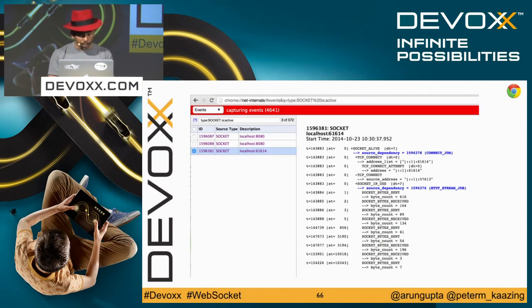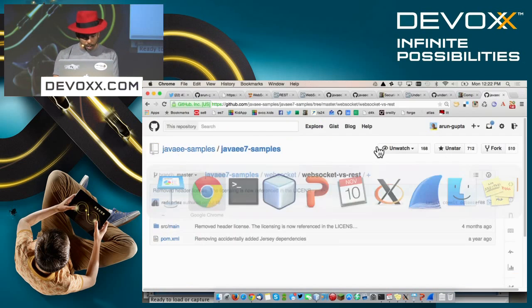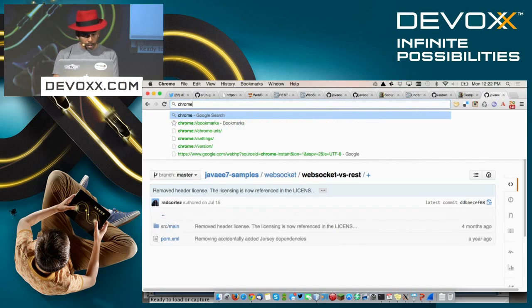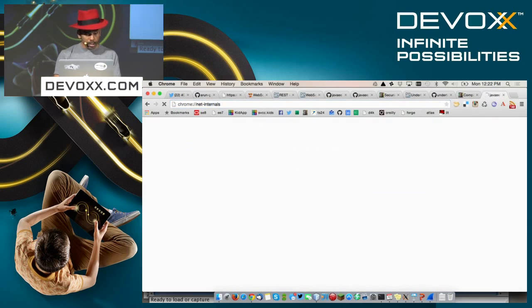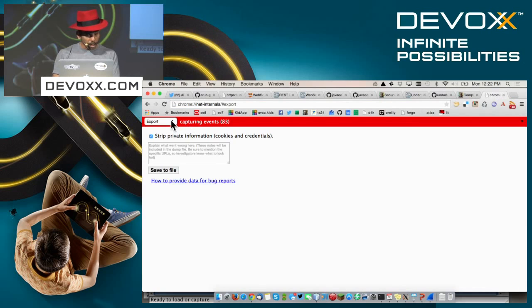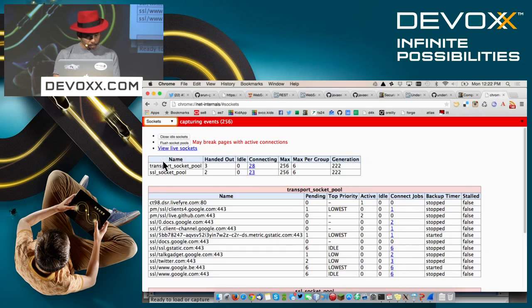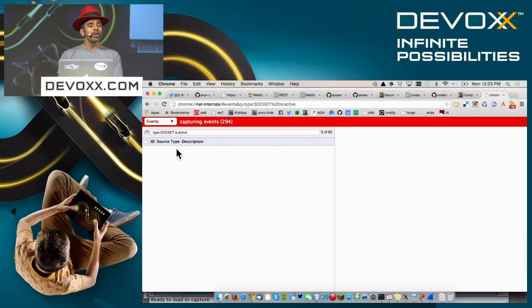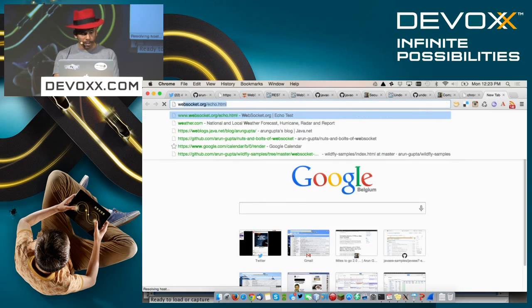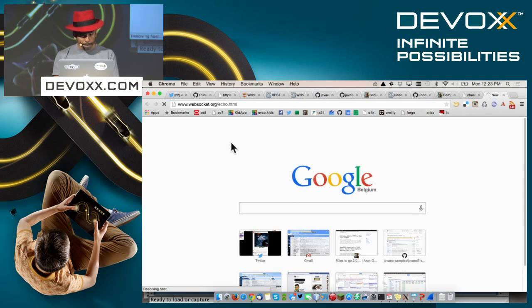Another thing that I want to show here is, if I go to my browser now, I can go to Chrome Net Internals. I can look at sockets here, and I can say show me view live sockets. Now, I don't have a connection established, but if I go to, say, websocket.org,